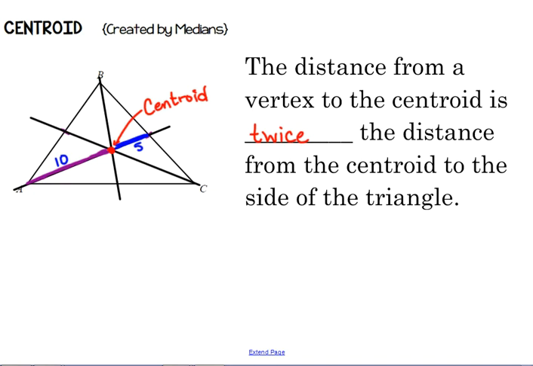If they give you the length of the whole thing, say, for example, I'm just going to put another point over here, and I'm going to say that this is X. If I say that BX is equal to 24, that segment from vertex B to that point X on the opposite side is 24, and since that's the centroid, we're going to call that middle point C. If I want to know what's the length of BC,